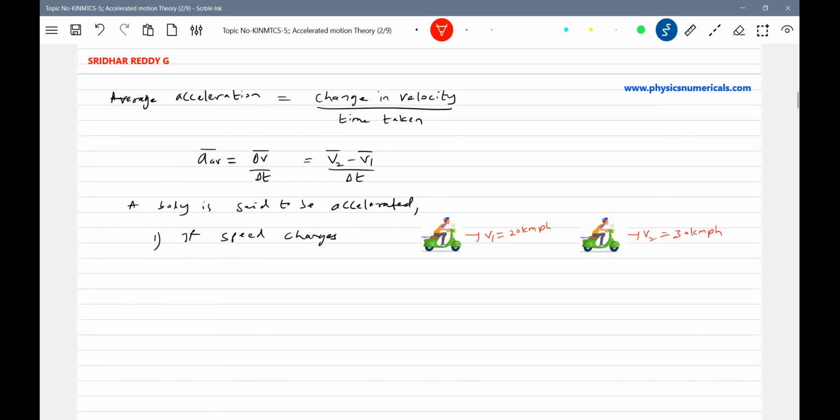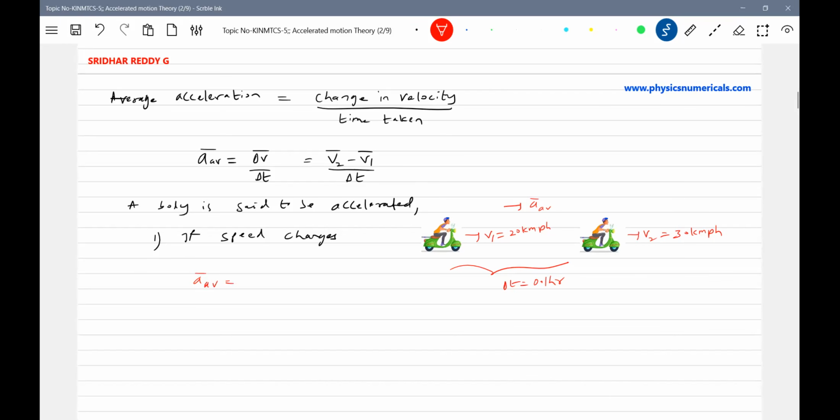Now, in what direction should I represent that acceleration? V2 minus V1, and let's say it will take a time of 0.1 hour. In what interval of time does the speed change from 20 to 30? So then can we show the average acceleration? It will be in this direction. And why should it be directed so? Because V2 minus V1 is final minus initial. So how do we calculate that?